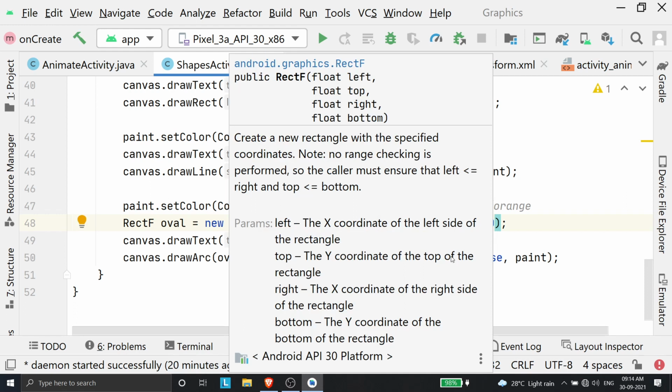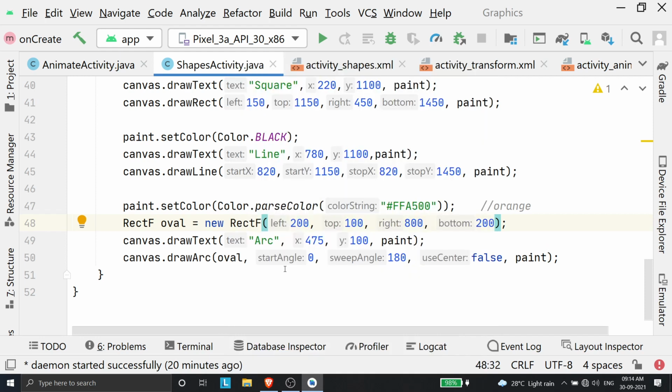Because the way this is specified is there's an oval and there is a rectangle surrounding the oval. So you just need to specify the surrounding or bordering rectangle, the rectangle that completely borders the oval on each side. So that's how you specify this function. It's the RectF object, and then using this object, you will have to draw the arc.